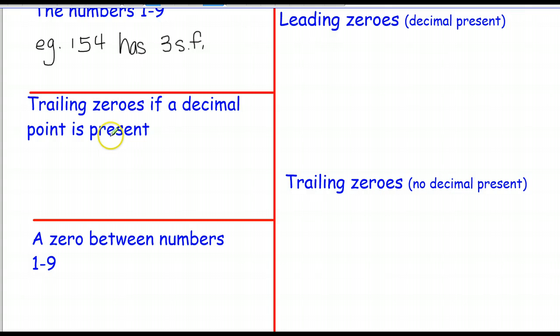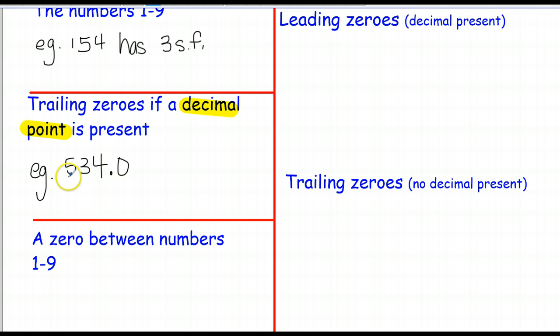Okay, the next example of when a number is significant or a value is significant. Trailing zeros just mean zeros that occur at the end of a number. And if there's a decimal point present, so this is key, if there's a decimal point in your number and you have zeros that are after or occurring at the end, then those zeros count. So I'm going to put an example just to show you what that looks like. So an example could be